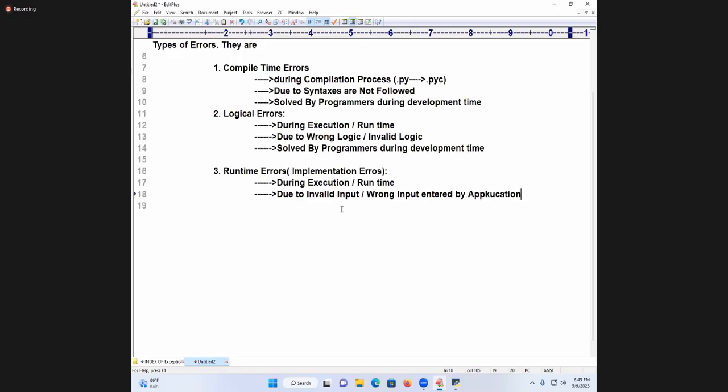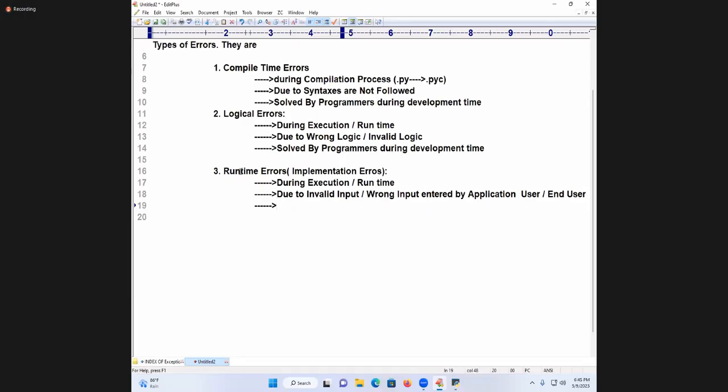Application user. And the next name is called what? End user. Are you able to follow? Application user or what? End user. Are you following, students? Now, during execution or runtime, this is coming due to invalid input or wrong input entered by the application user or end user.